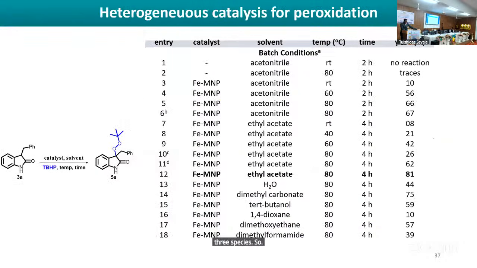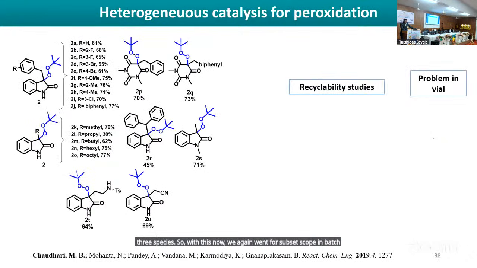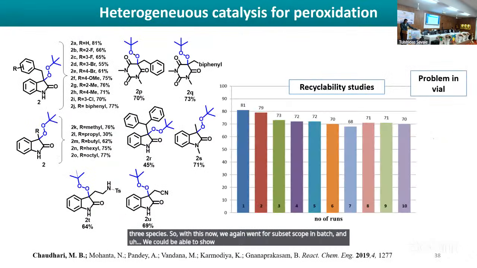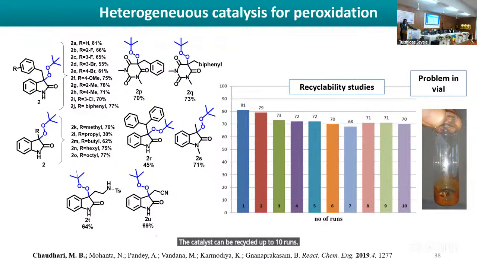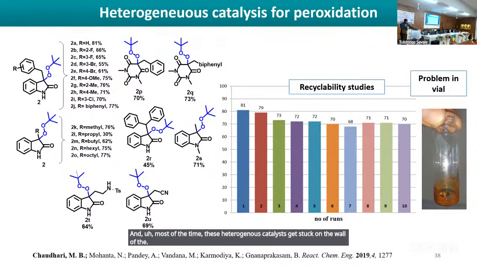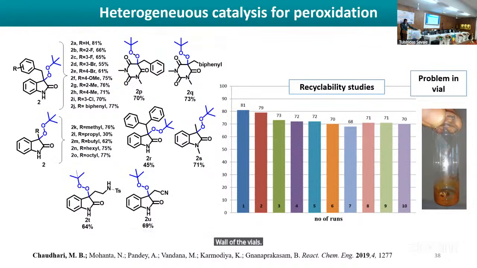So with this, we again went for substrate scope in batch, and we could show the recyclability of the catalyst. Everything was fine. The catalyst can be recycled up to 10 runs. The only problem was that the look after the reaction is very ugly, and most of the time these heterogeneous catalysts get stuck on the wall of the vials. So what can we do? Can we use the approach of a packed bed reactor now, where we can simply